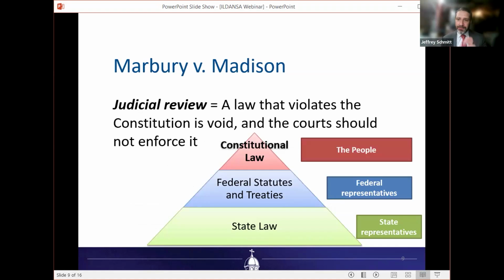Essentially, it gives us our basic framework for the hierarchy of law within the United States, where state law is at the bottom, then federal law, then the people, right? The idea here being that state law is trumped by federal law. If there's a conflict between the two, federal law wins, the state law is invalid. That's a topic we would cover in constitutional law called preemption. When is a state law invalid because of a conflict? Judicial review is using the Constitution to strike down both.